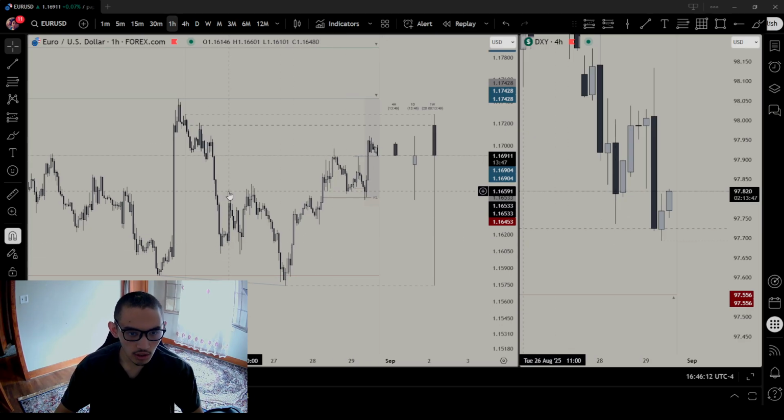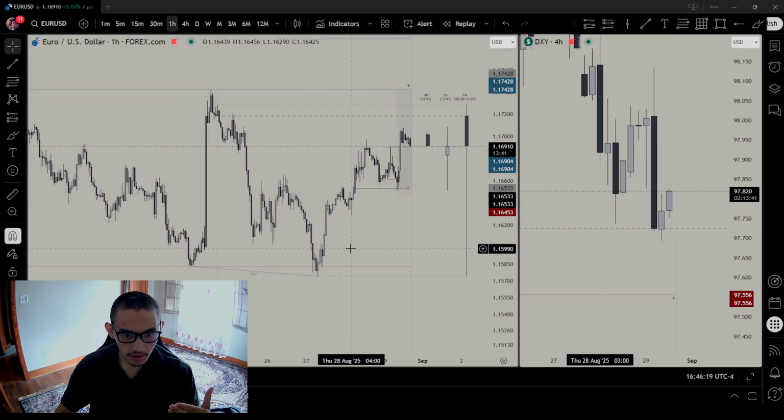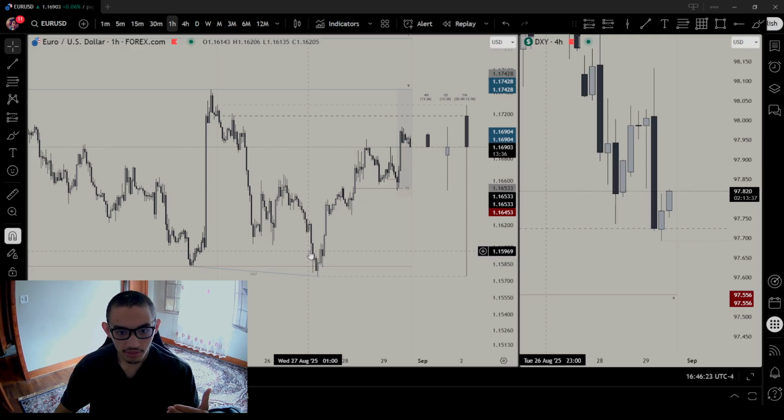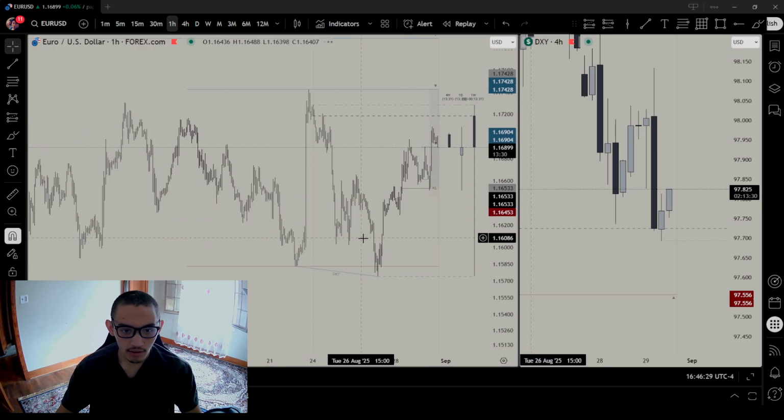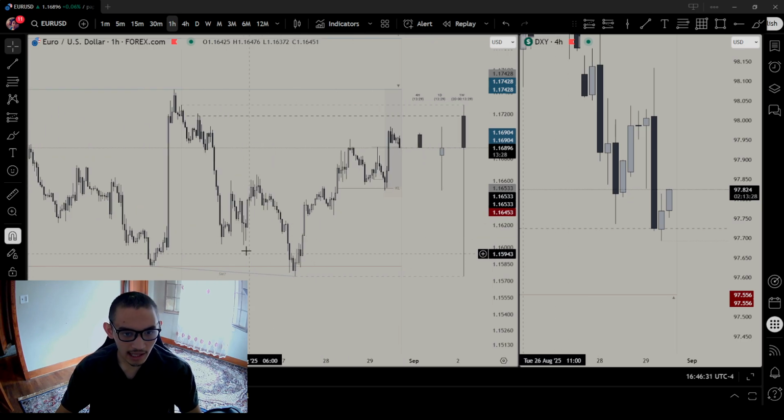You could have taken it short beautifully to the downside because it made sense, because the higher time frame wants to go down right before it goes up higher. But if you were to short this to the downside on the hourly key level, thinking it's going to be a continuation, you're going to get burned, right? So what you focus on is the higher time frame, because anything that happens in the lower time frame will happen in the higher time frame.